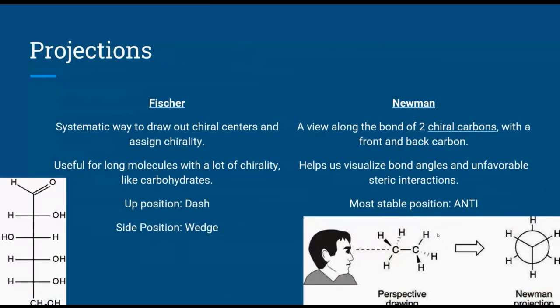So now we're going to get into projections. Projections are different ways of trying to help us show chirality in stereochemistry, because line angles sometimes aren't the best at doing this. So we have two types: the Fischer projection and the Newman projection. To go from a line angle to a Fischer projection,